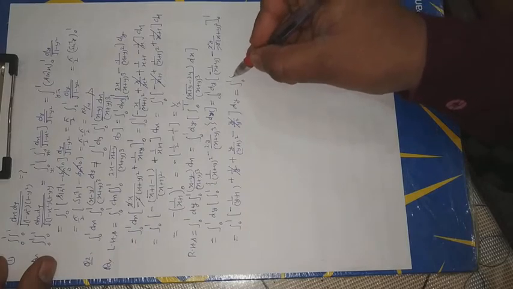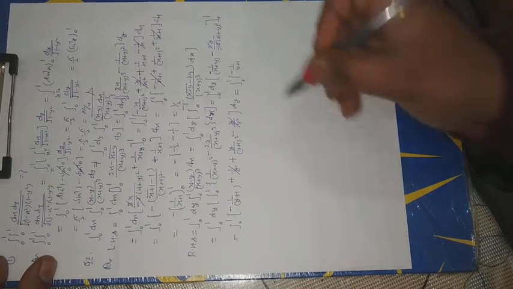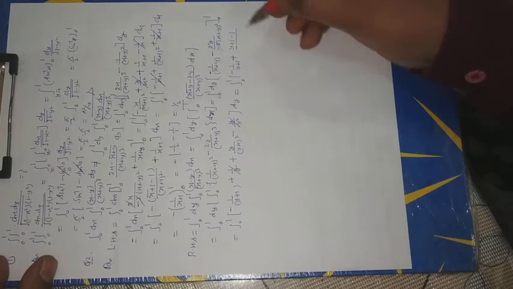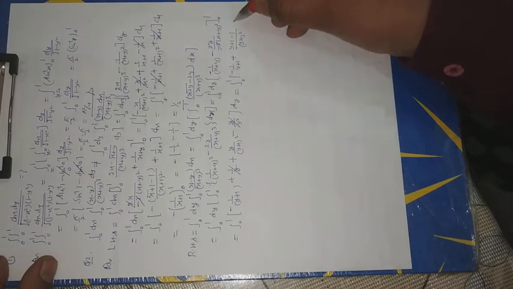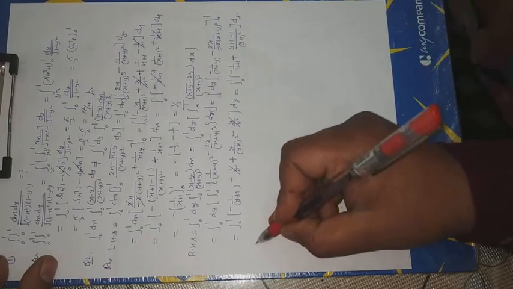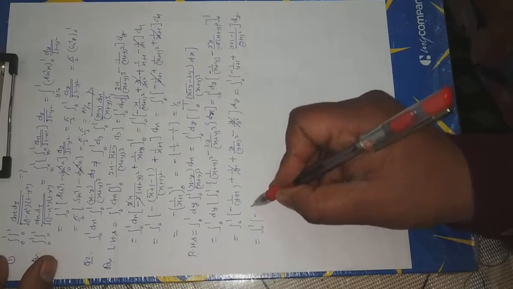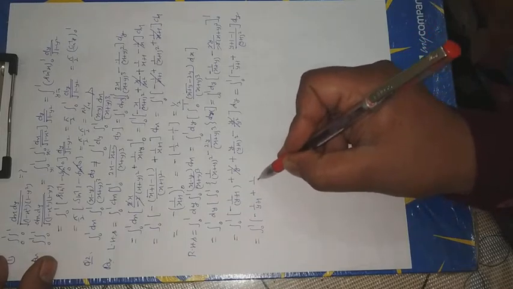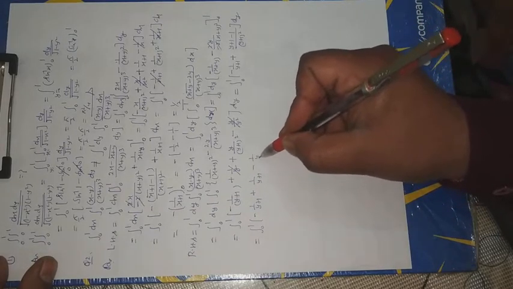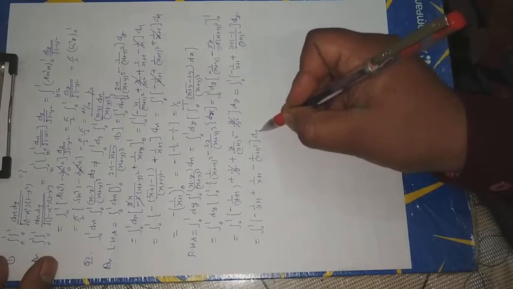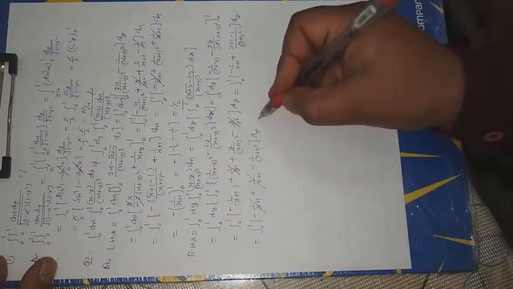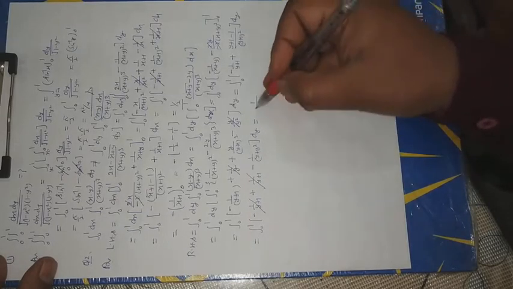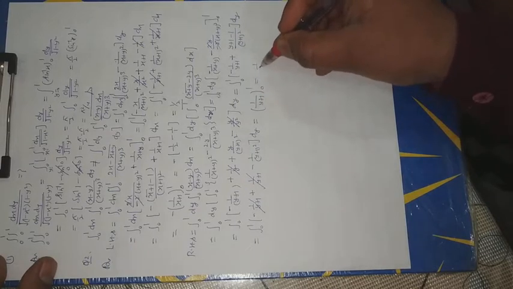Similarly integral limit 0 to 1 minus 1 upon y plus 1 as it. Now plus 1 subtract and 1 add, that is y plus 1 as it dy. Now integral limit 0 to 1 minus 1 upon y plus 1 as it plus 1 upon y plus 1 minus 1 upon y plus 1 whole square dy. Now this cancel by this. Now integration of this, 1 upon y plus 1 minus minus plus integral limit 0 to 1. This is equal to 1 upon 2 minus 1.